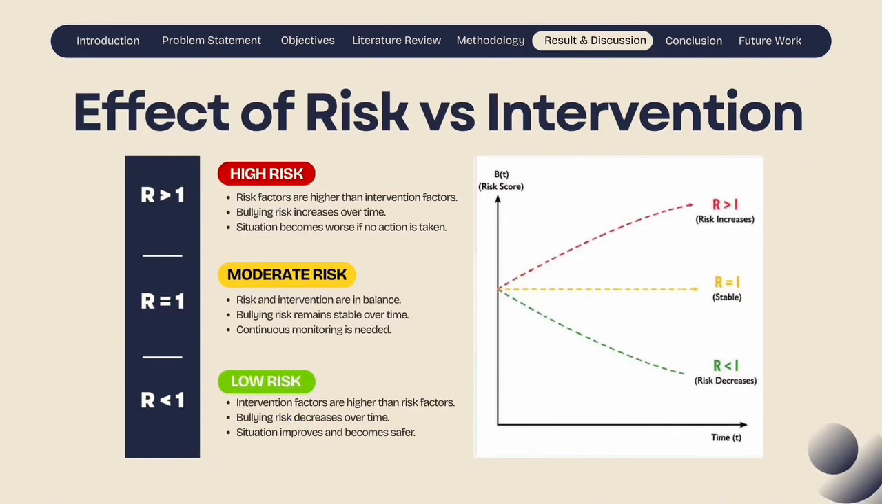Next, this explains the effect of risk versus intervention. The relationship between risk factors and intervention factors determines the bullying risk behavior. When risk factors are higher than intervention factors, bullying risk increases. When both factors are balanced, the risk remains stable, and when intervention factors are stronger, bullying risk decreases and the